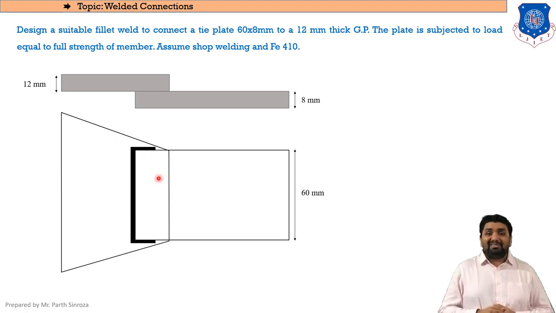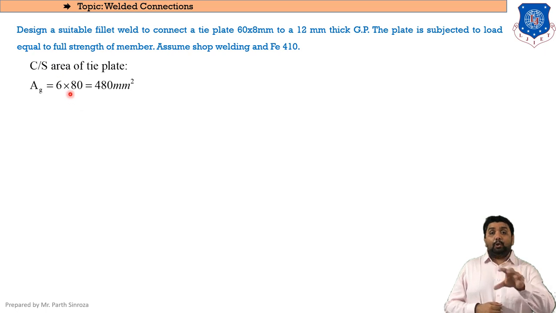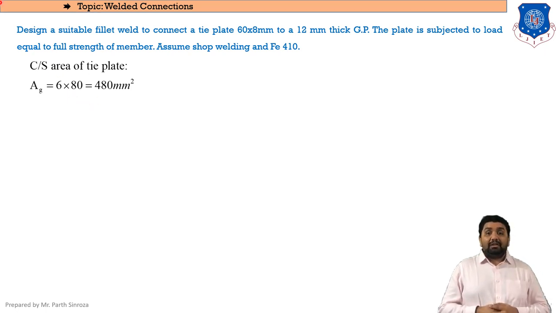Clear? So starting with the sum, the first step will be to find the load that will be borne by this plate. As you can see in the previous sums that we were seeing, the tension capacity or the tension load applied on the plate was already given in bolted connections. But here in this question, the amount of tension load acting on the plate is not given, but a hint is given in the question. And what hint is given in the question?